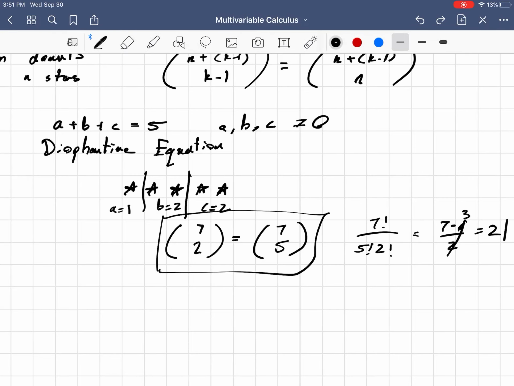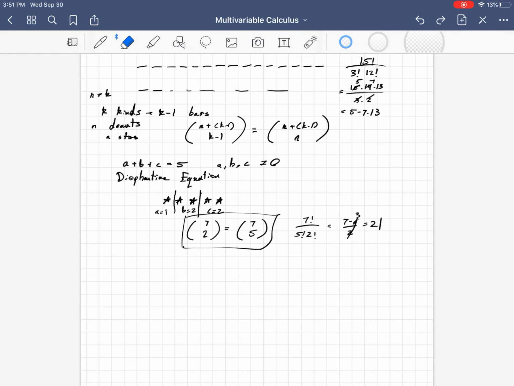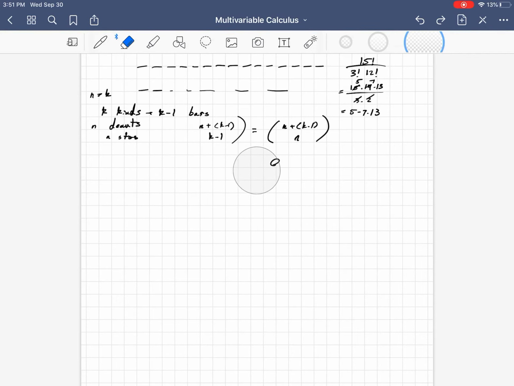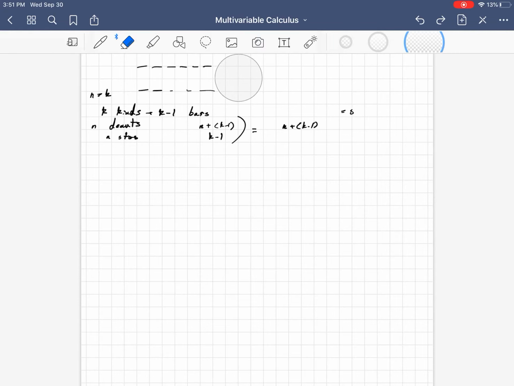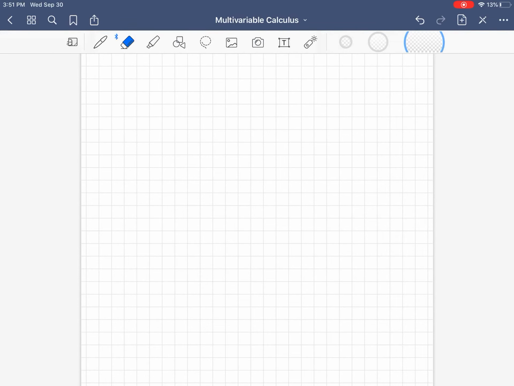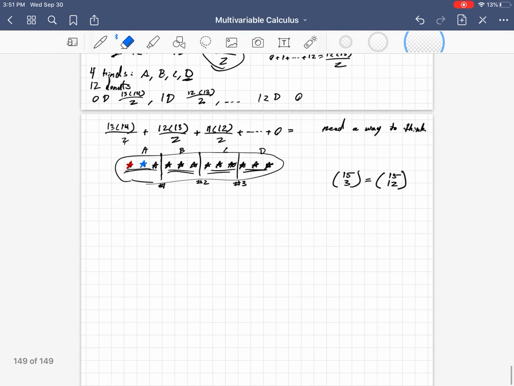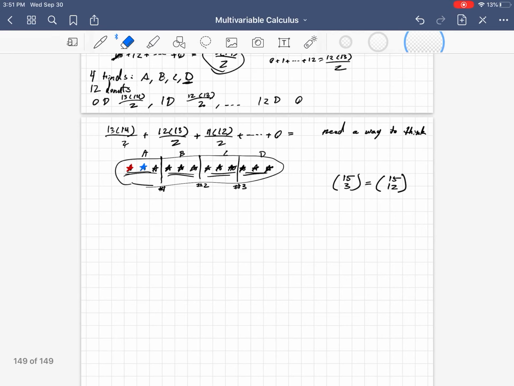And so I encourage you to explore this idea of stars and bars for yourself and see what other types of situations you can use this method of counting in. It's a very powerful way, and it works very quickly too once you understand the concept behind it. So I think with that,